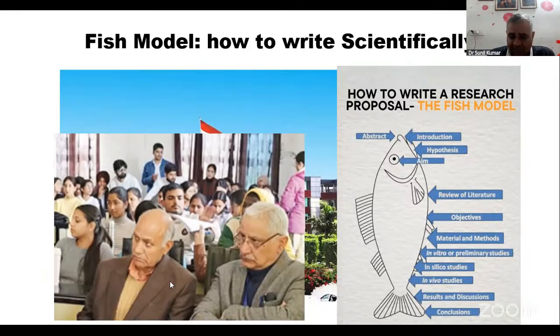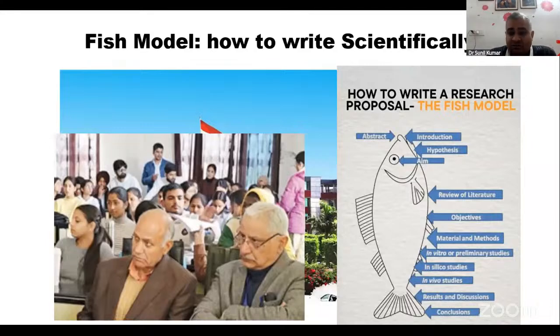So we were sitting during lunchtime, and we decided, I was telling you, sir, this is the model. If all the scholars or students, master's, PhD or postdoc, even anyone wants to apply this particular fish model in their preparation of publication, synopsis, or thesis, if they follow this fish model, then